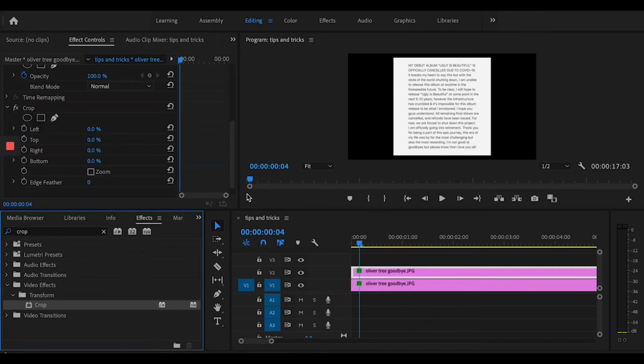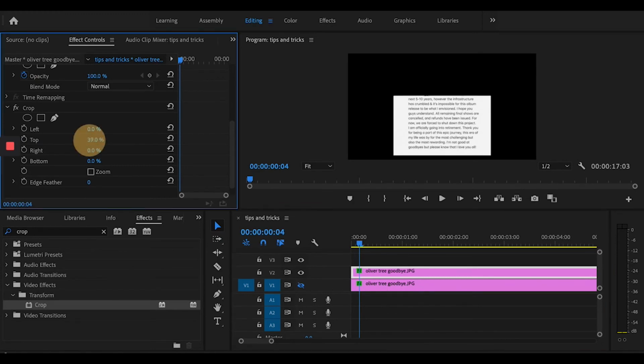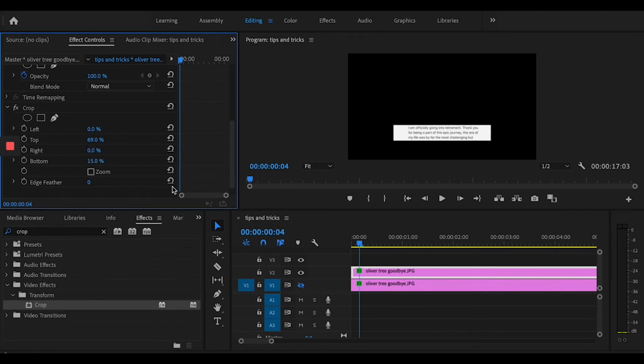So first we're going to crop the top image. I just want to isolate a quote that he wrote in his tweet at the bottom. After your top image is selected, turn off the video 1 layer just so we can focus on our crop. So you're going to adjust it until you get your quote. This is right there, and then the bottom. There we go. So now that we have our crop, after we've cropped the top picture, we're going to go up here,